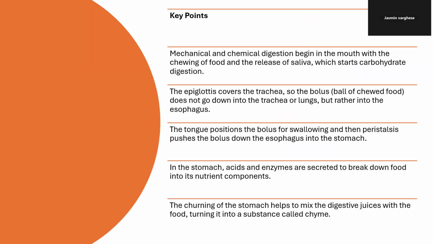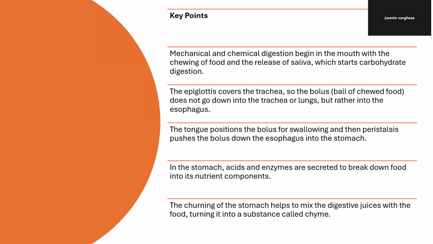Key points. Mechanical and chemical digestion begins in the mouth with the chewing of food and release of saliva, which starts carbohydrate digestion. The epiglottis covers the trachea, so the bolus, that means ball of chewed food, does not go down into the trachea or lungs, but rather into the esophagus. The tongue positions the bolus for swallowing, and then peristalsis pushes the bolus, the ball of chewed food, down